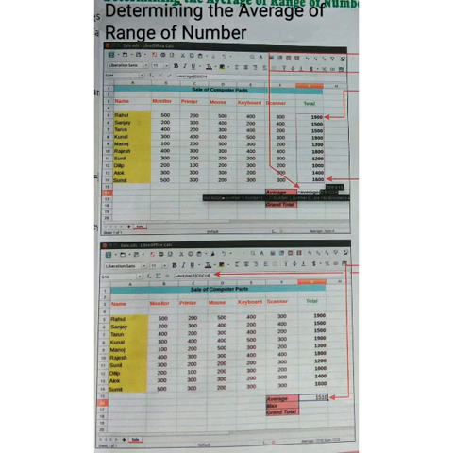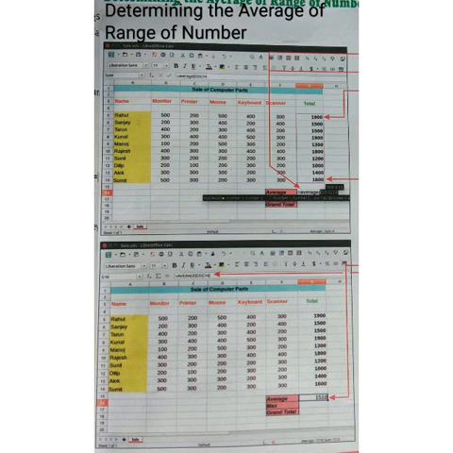The next step is to press the Enter key on the keyboard. You typed your function, and the last step is to press Enter for processing. Calc calculates the average of the 10 numbers in the range G5 to G14 and displays the result, 1510, in cell G16. Why in G16? Just because we entered the function in cell G16. The answer comes in the same cell where we have typed the function or formula.